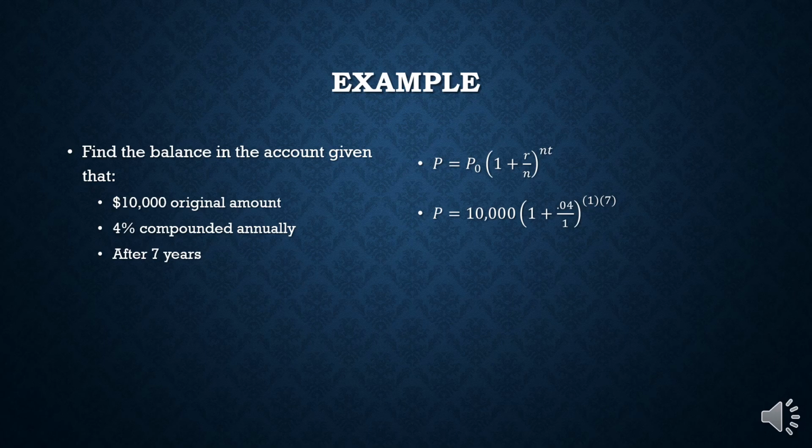Plugging this into my calculator gives me 10,000 times 1.04 raised to the 7th power. Notice I divided first on the inside, and I multiplied my exponents on the outside. Now I need to raise 1.04 to the 7th power, and then multiply it by 10,000. My final answer is